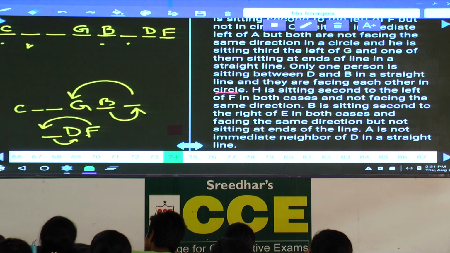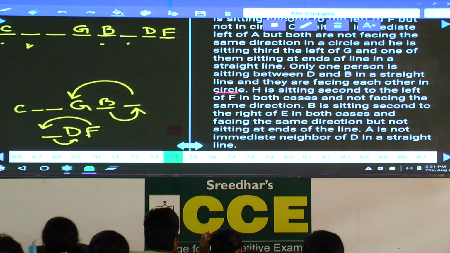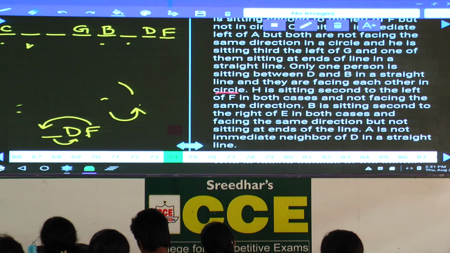Hence which two persons are facing each other? D and B are facing each other. As D and B are facing each other, let us start with this one. Now we got the information. Till now we were searching for this information. Finally we got that D and B are facing towards the center. As D and B are facing towards the center,